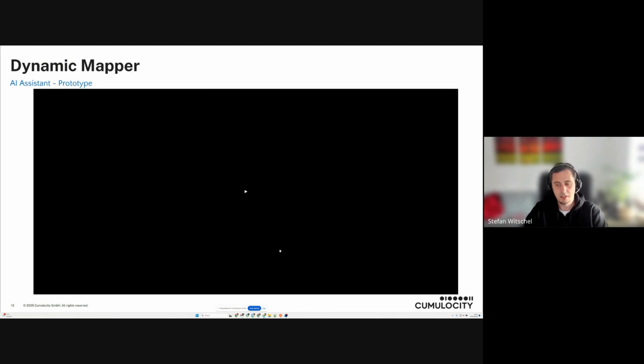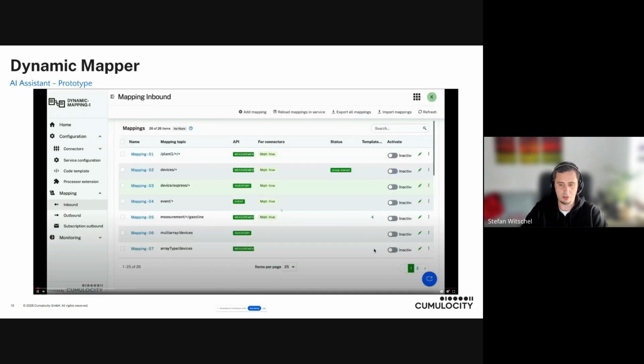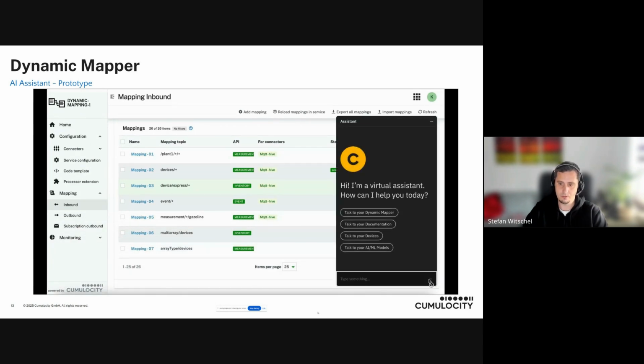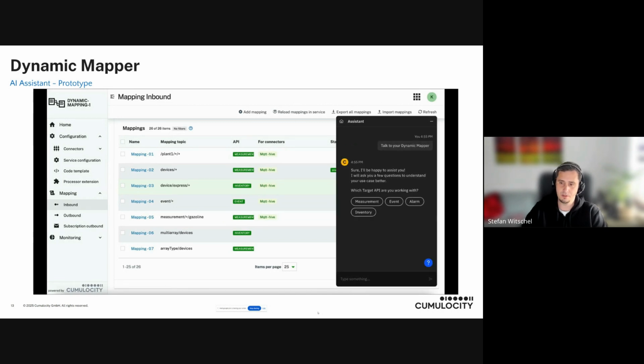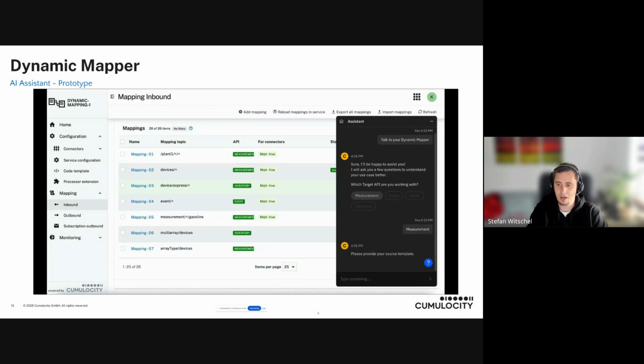together with Kanishk, who is an AI expert at Cumulocity, to help us make the dynamic mapper also AI enabled, so that you cannot just create your mappings wizard-based, but also have some kind of chatbot. I would just roll the video here right now, where we have trained the chatbot to ask the people, for example here, what is the target API you want the mapping to be for, then to provide a source template,